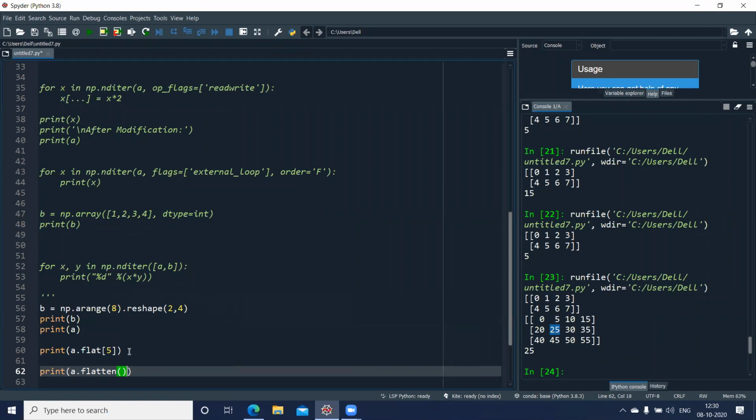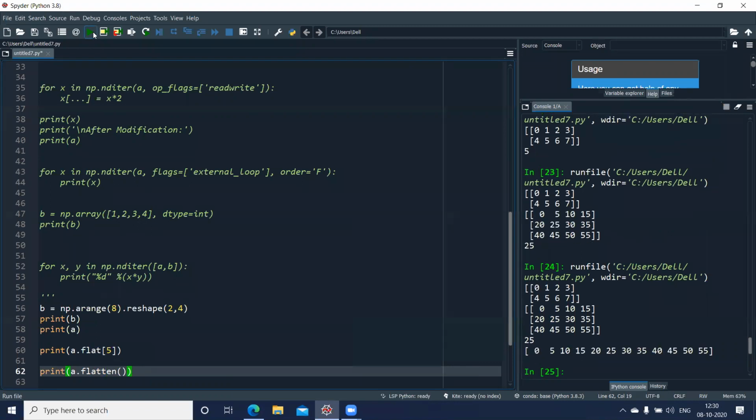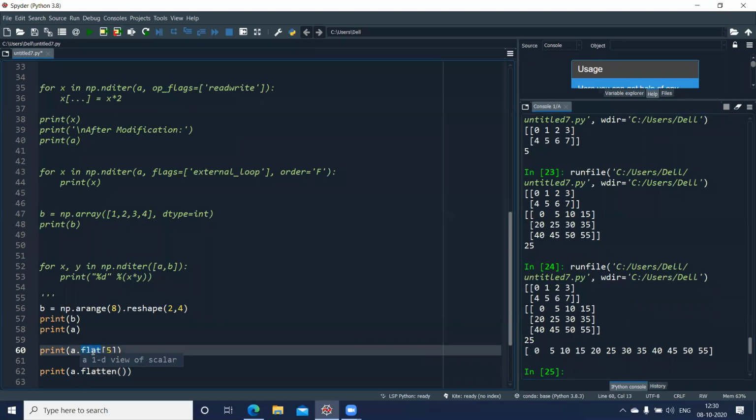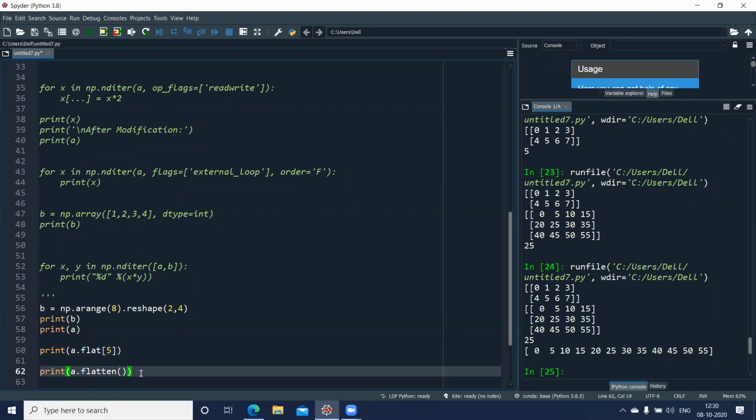Let us see whether it displays A as a 1D array. Okay. Now here you can see this 25 came from this function flat, and we access the index position 5. And if I want the whole array to be returned, I can make use of the option flatten.